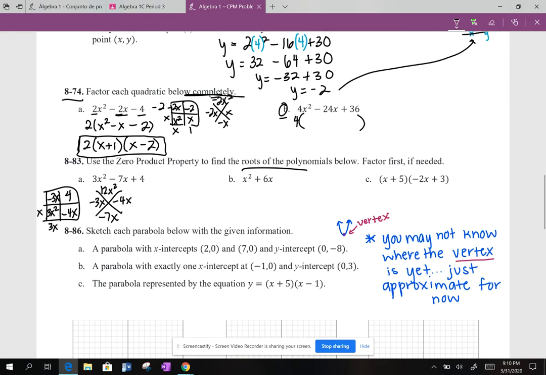3x times x is 3x squared. 3x times negative 1 is negative 3x. And then x times negative 4 is negative 4x. Okay. So I factored this as 3x minus 4, my length, times x minus 1, my width. You can put x minus 1 first. It doesn't matter. Okay, set that equal to 0